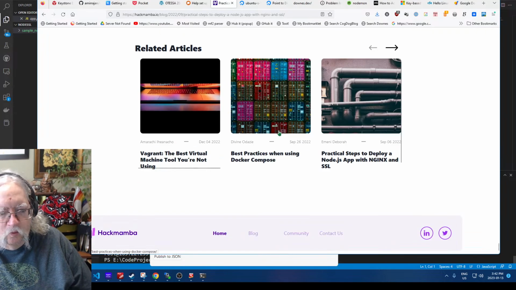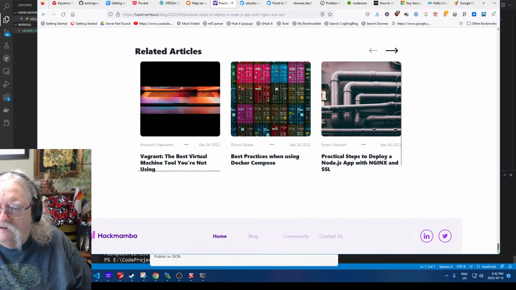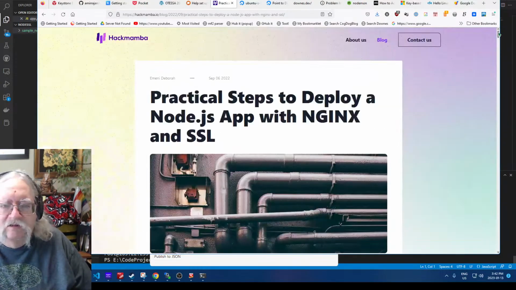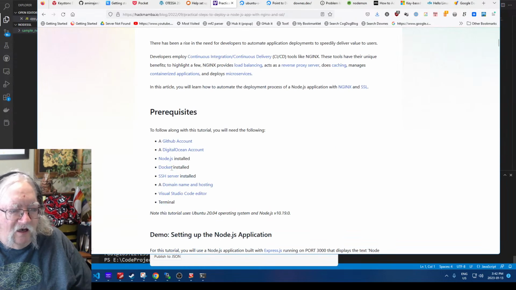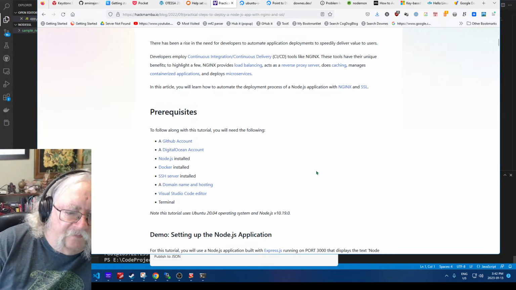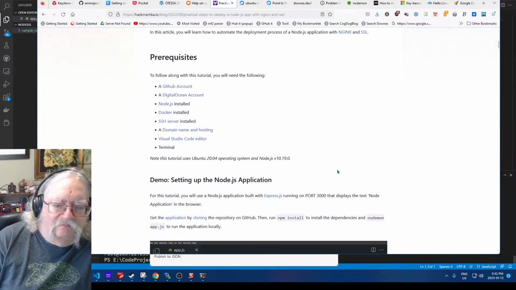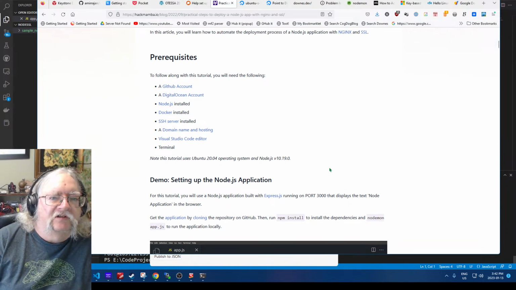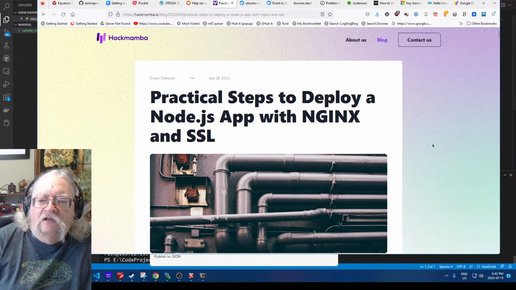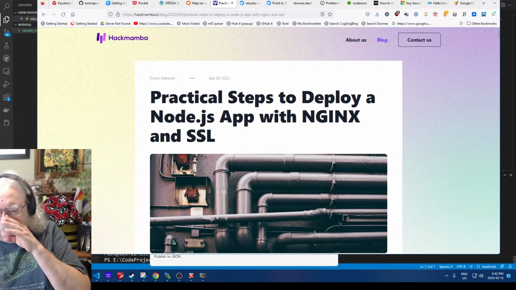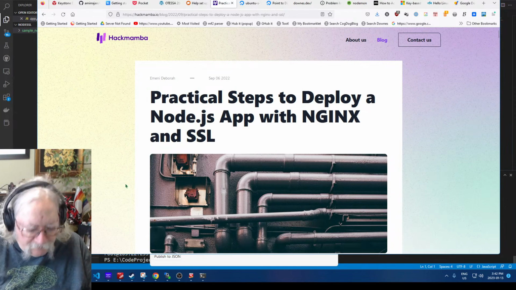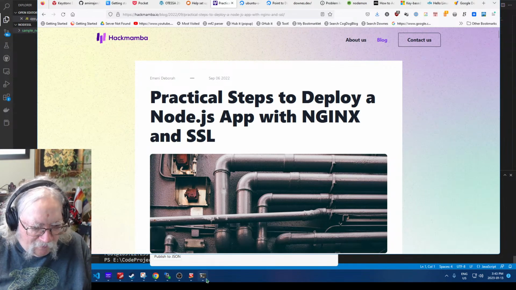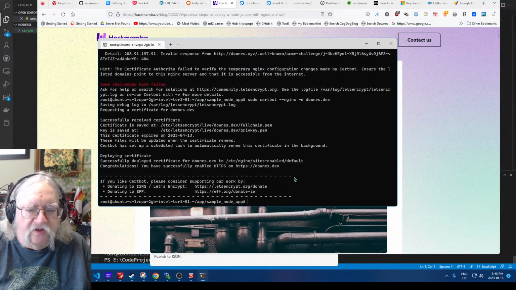Now, what I wonder is, let's come all the way back up here. Why did I need Docker? Why did I need an SSH server? Maybe, well, I never used Docker at all in this. So, okay, but still. Okay, how was this useful? The main useful thing for me